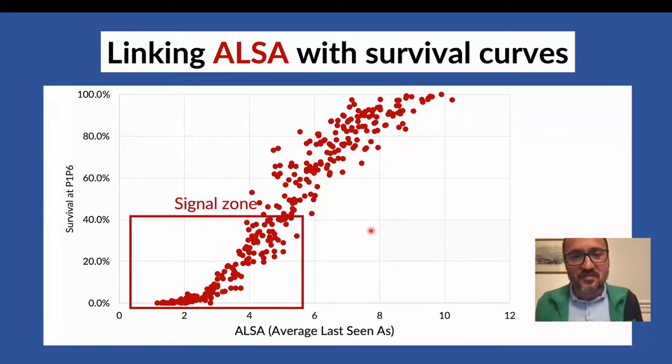And last means that basically if you open it and then you see it again as a pick 1, pack 1, pick 9, you last saw it as a pick 9, not as a pick 1. So you don't take the 1 into the statistics, you take the 9. So basically, the higher the number, the later you see the card. Cards that have an average ALSA over 8 will be wheeling almost all the time. These are the chaff, the stuff that doesn't even end up in the deck